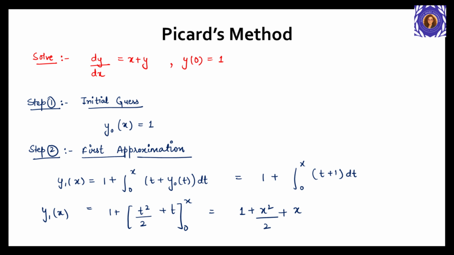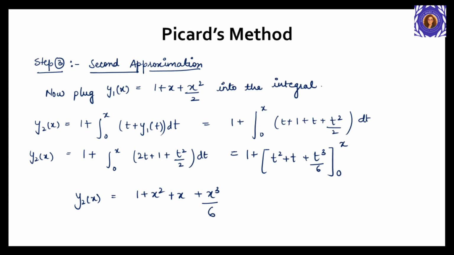Now, Picard's method takes the starting value and feeds it into the right-hand side of the differential equation to get the next approximation. And then it does that again and again, like feeding answers back into itself. Each time, the curve gets closer to the real solution. And then it continues with the second approximation. You can think of it like tracing the curve by hand. With every pass, your curve becomes more refined.